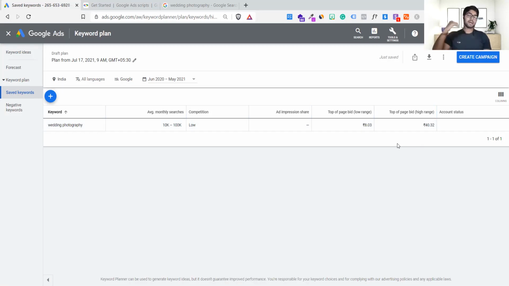Change the CPC bid to maximize clicks, then change to CPA. Once you know you have started converting leads, change to the CPA method and leave it. You are good to go. Everything is there. I've given you another example right in front of you. That's how we run Google search ads.